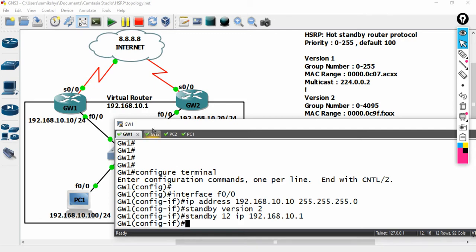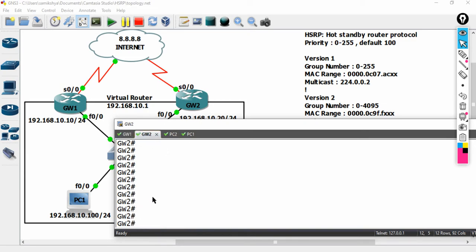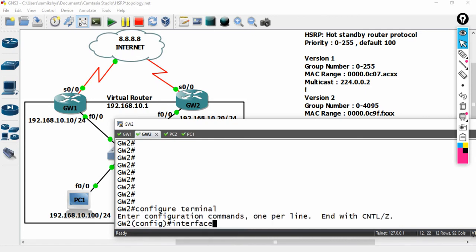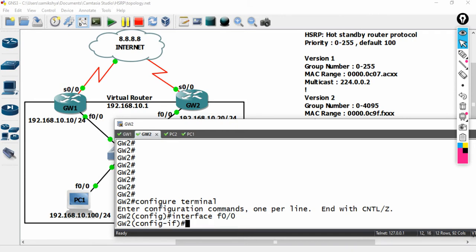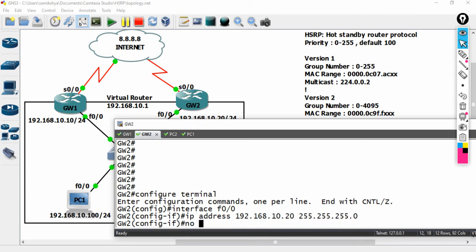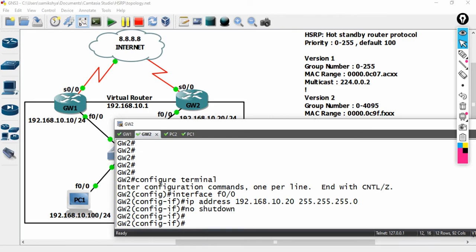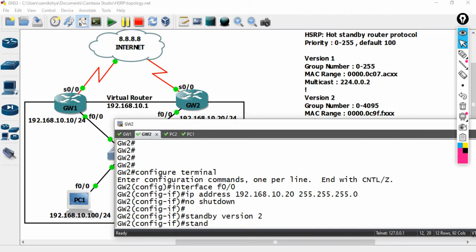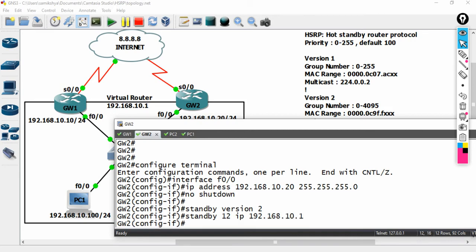I have to enable the same thing on gateway 2 also, or on any other router that is going to participate in this election.